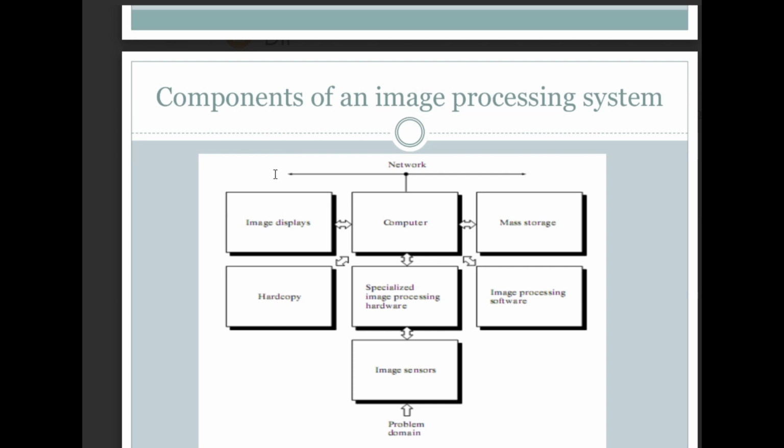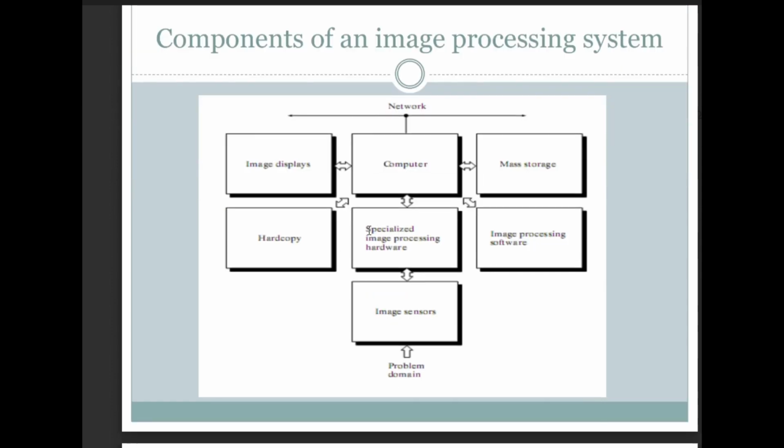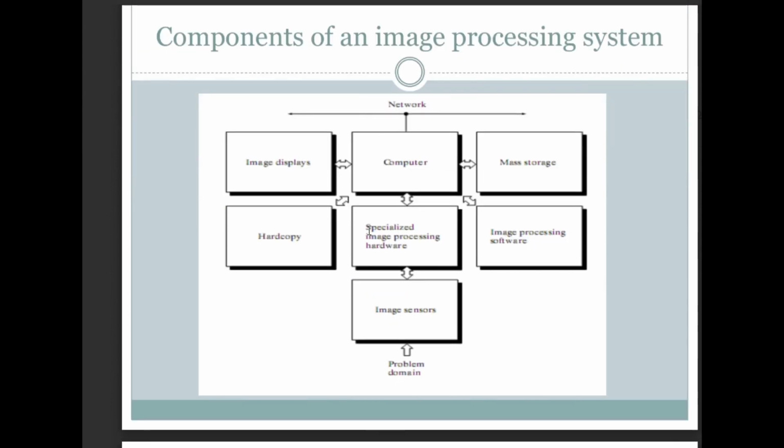Another important question in digital image processing, most commonly asked in the exams, would be: explain the components of an image processing system. So don't confuse between the fundamental steps involved in image processing and the components of an image processing system. So this is the components of an image processing system diagram, in which the computer is connected to